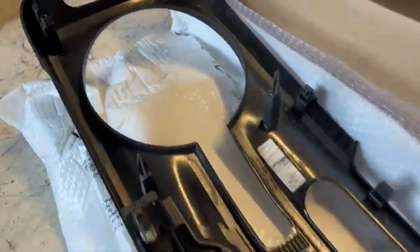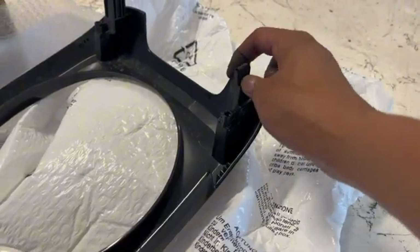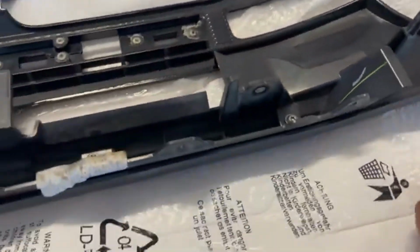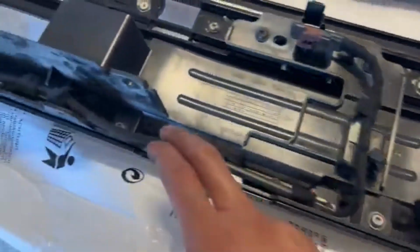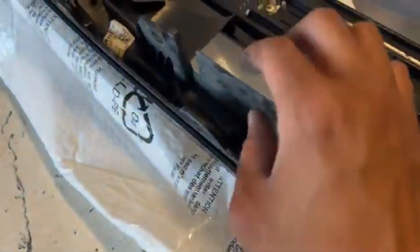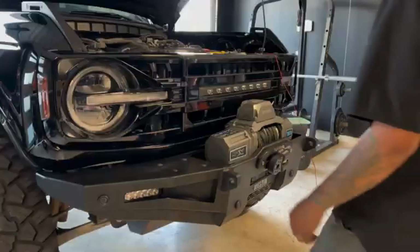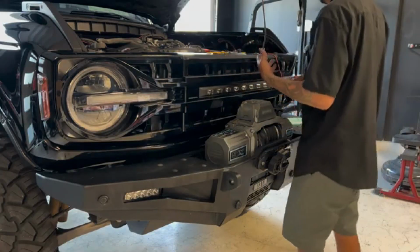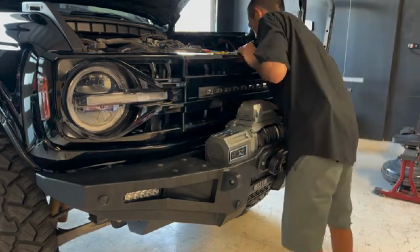So once you got your factory grill removed, you're gonna have to do some transplanting to the new grill. One, you're gonna have to take all these little clips off and put them on the new grill. And then this bracket here, you're just gonna have to unbolt it, and then you're gonna transplant this bracket to the new grill. So clips will go here, and then the bracket will install here onto the grill. All right, after you transplanted those clips and that bracket, you go ahead and start snapping the grill into the factory